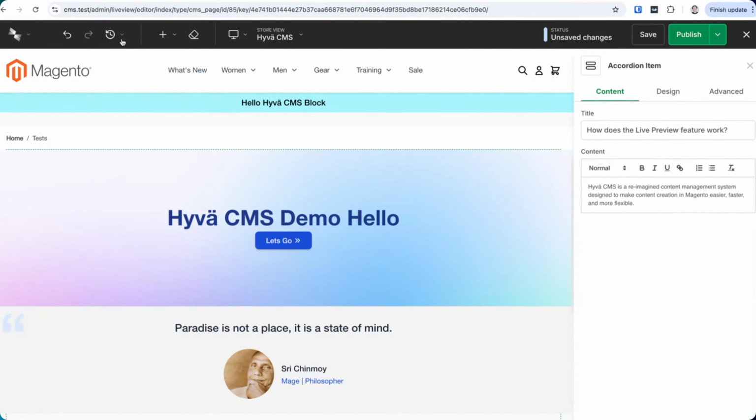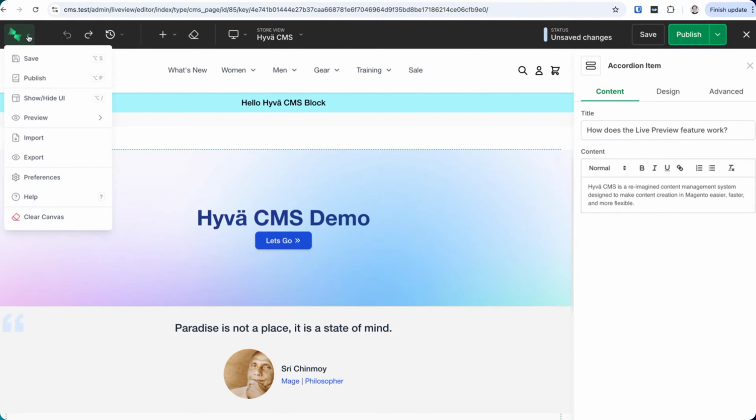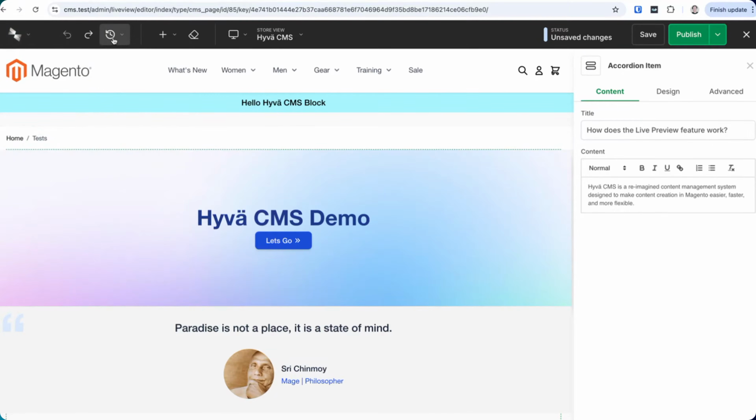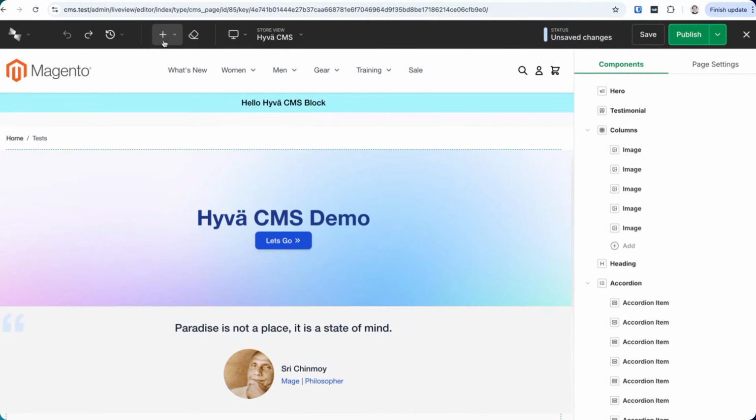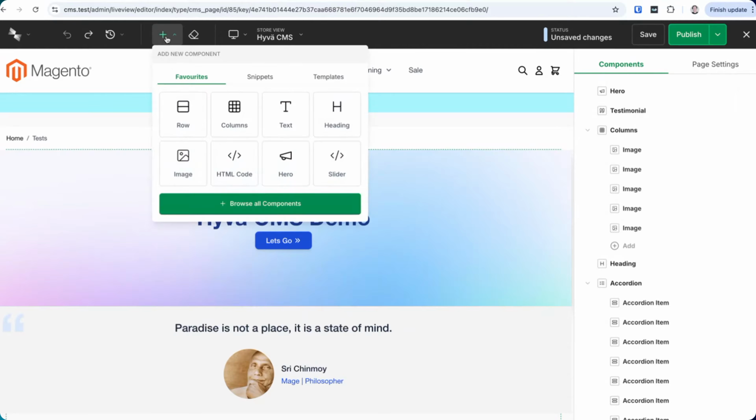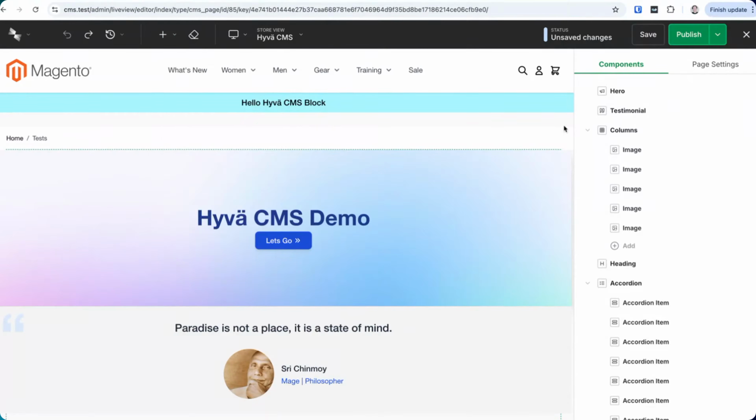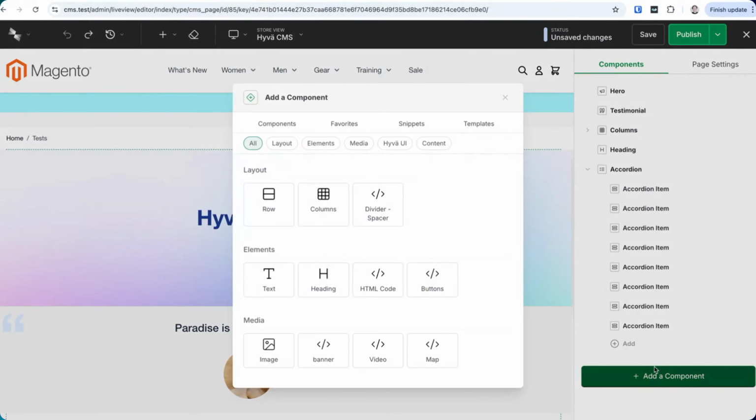Yeah, and then let's say if I want to undo it, I just click this button and it will undo it. So we have this nice feature here. We also have a nice menu here where you can do lots of different things. We have version history, which I'll come back to. We have different ways of adding components, like a row or a column, these kind of things. We can also add them here as well.